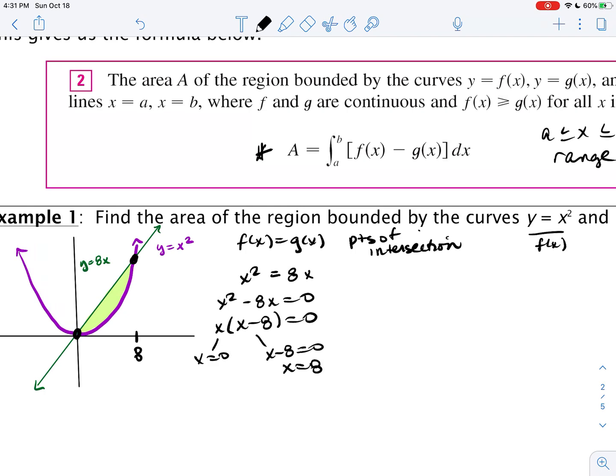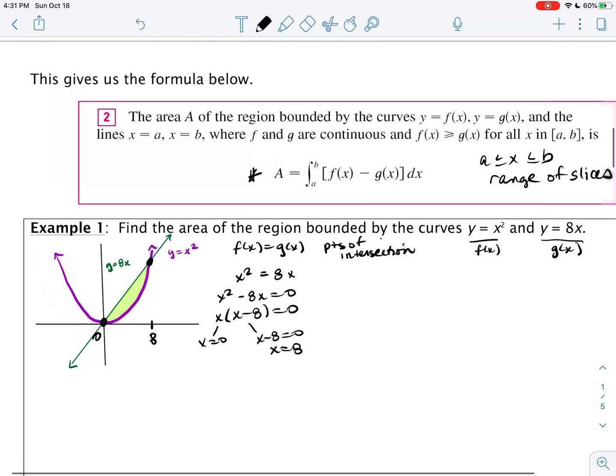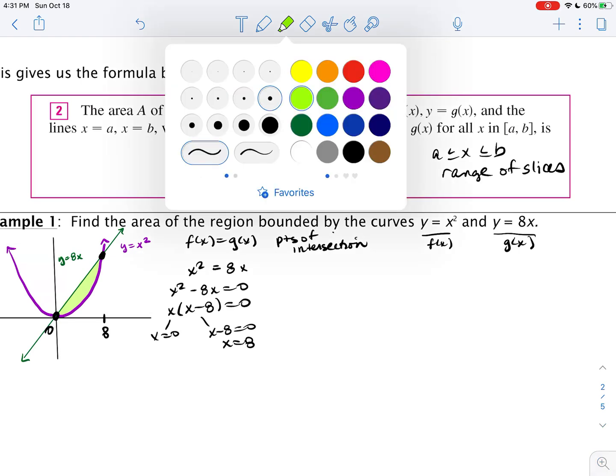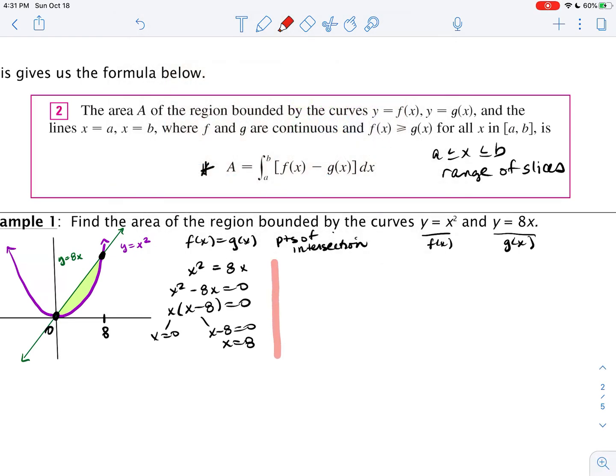So now I know that this point here is equal to 8 and this point is equal to 0 even without graphing. Now, how do we figure out without graphing which point would be on top? We can, on top of that, pun intended, we can take our points of intersection, 0 and 8,